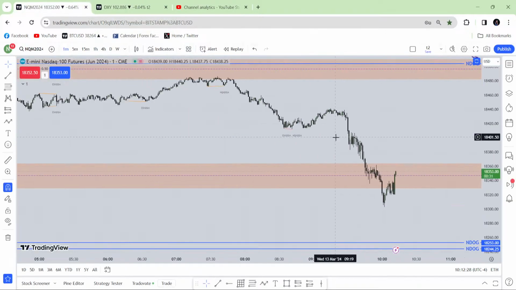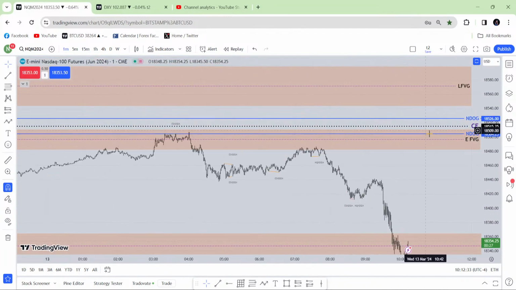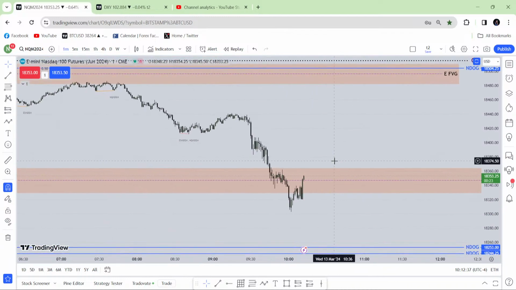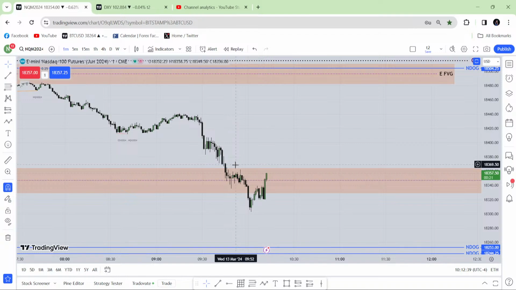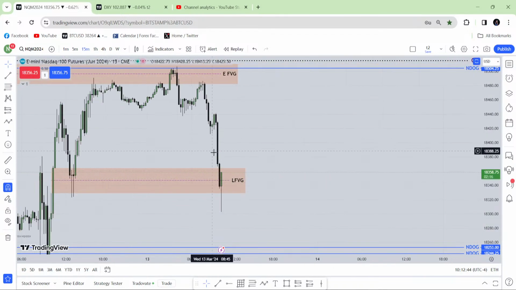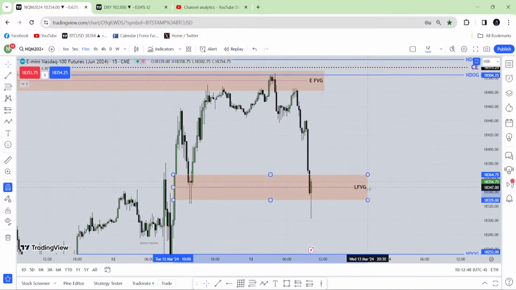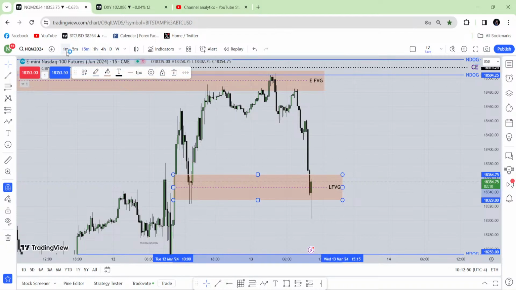I'm not interested to take buy as I explained. If market can go above that new day opening gap, then I'll be interested to take buy. Over here, every single time market is going higher, it's going higher to take some liquidity. Just take some liquidity and it will trade some parallel gap, then it will fall again. The reaction from last parallel gap from 15-minute chart: it closed below the consequent encroachment of the last parallel gap. Yesterday, it didn't close below the consequent encroachment. Today, it closed below the consequent encroachment. That means it has already told me